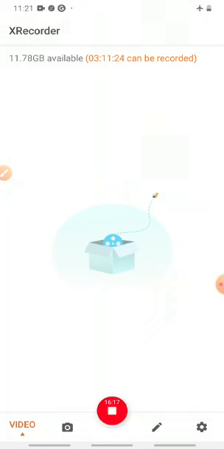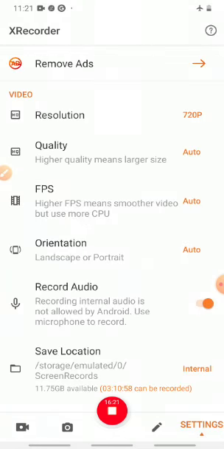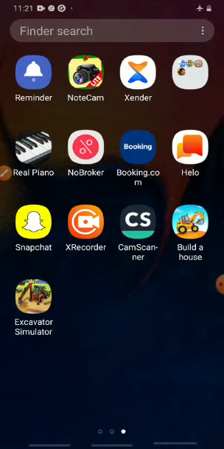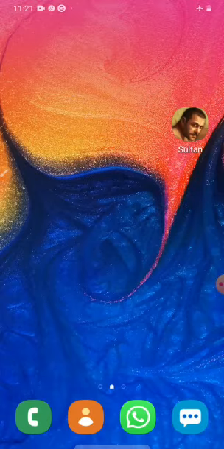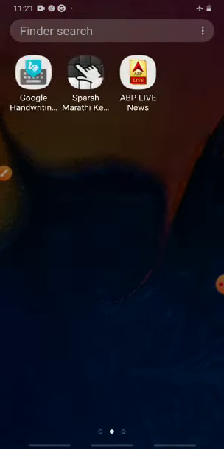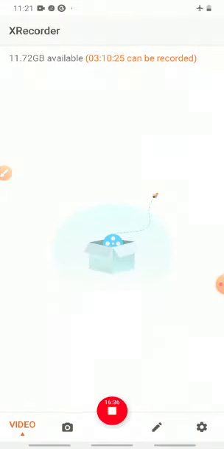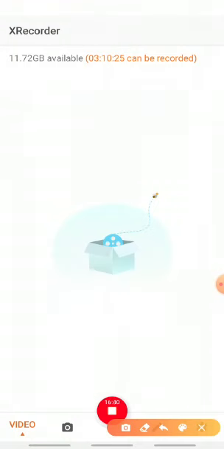Okay, now I have made one shortcut that I'll show you. Okay, now see, the short trick is